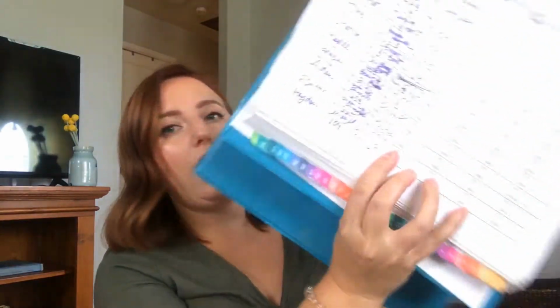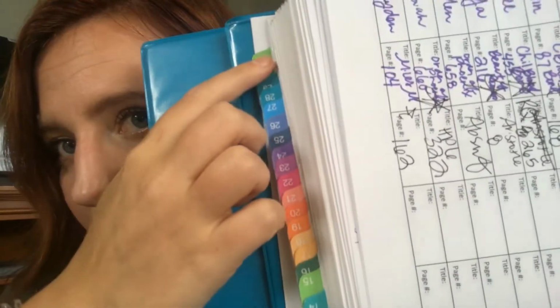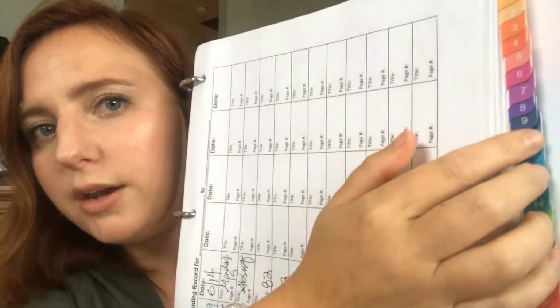So I have 4 blocks of kids, and I have one binder for every block. And I have these really pretty tabbies. Is this upside down? Yep, this is upside down. These really pretty tabbies that are color-coded and numbered. So every tab is for one student. So what I have inside the student tabs